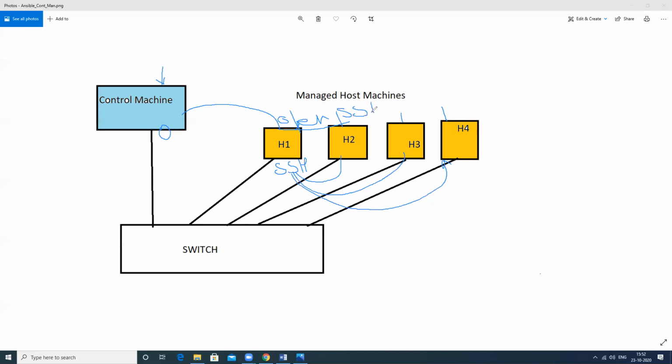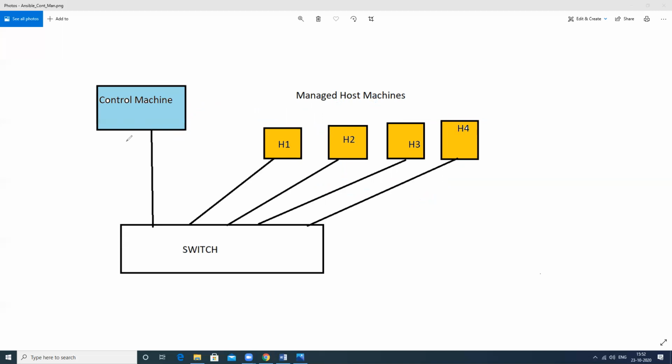By using this particular OpenSSH program, we can access this machine remotely from the control node machine, and from this particular machine we can perform our tasks easily. So this is the process by which we can run all the tasks.